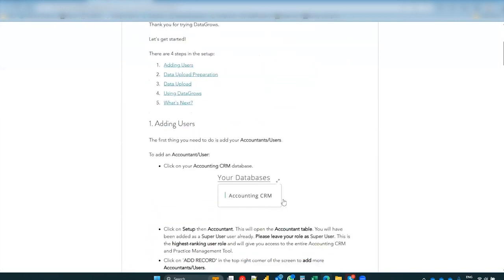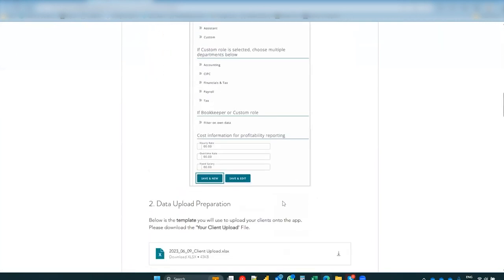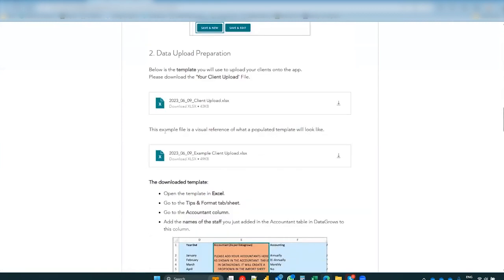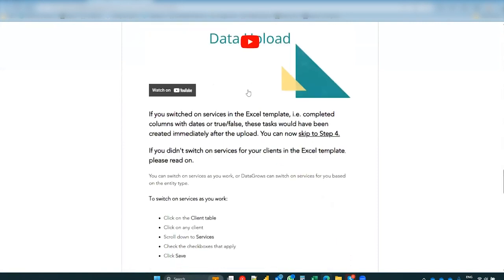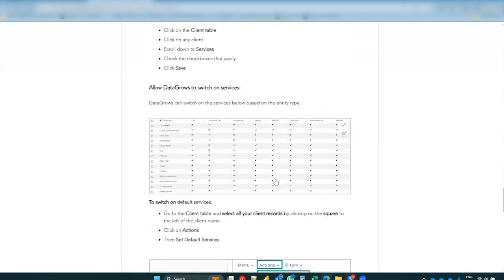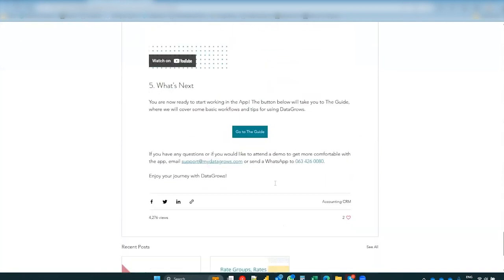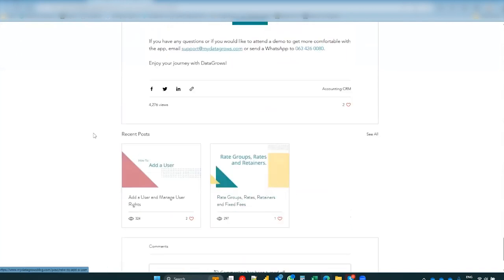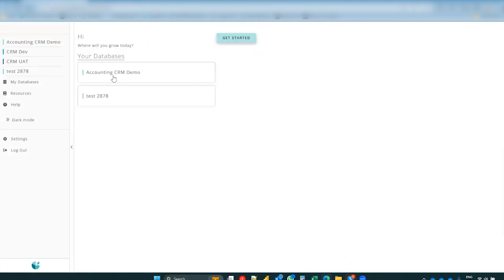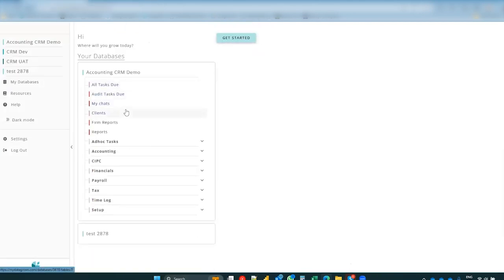And then just some navigation tips, a couple of screenshots here. You will see the Excel template you can simply download from this link. There is a video that you can watch as well to help you complete that, and a couple more information over there. Okay. So very important is to do the Get Started link, because Data Grows was designed to be